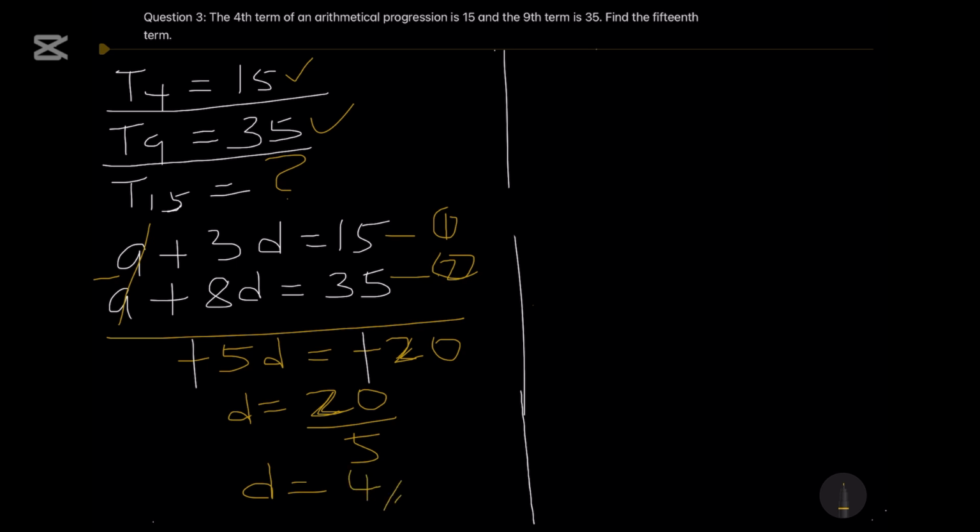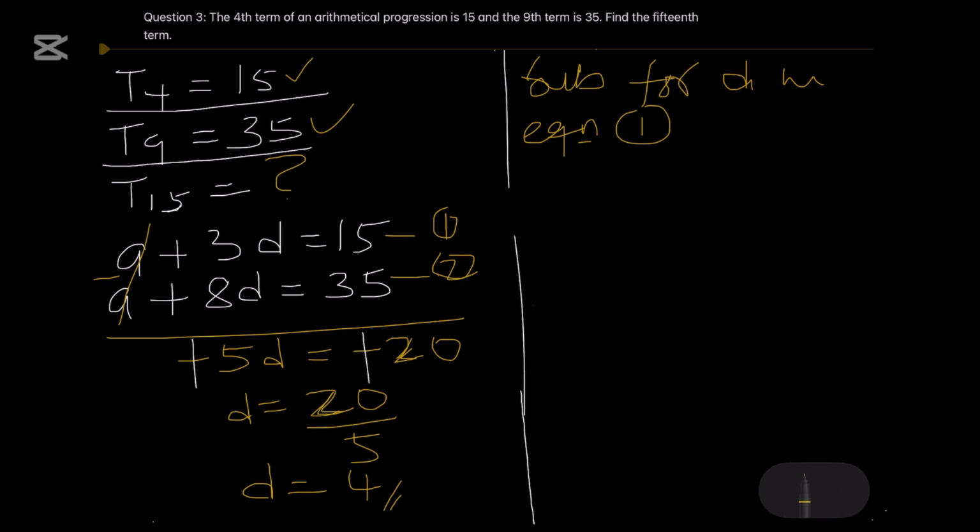So that's our common difference. The next thing is to substitute for D in any of the equations. So let's use equation 1. So substituting for D, we already have that our D is equal to